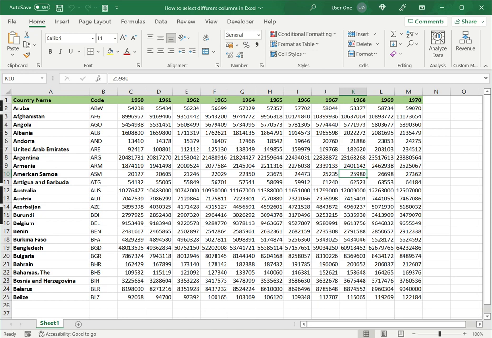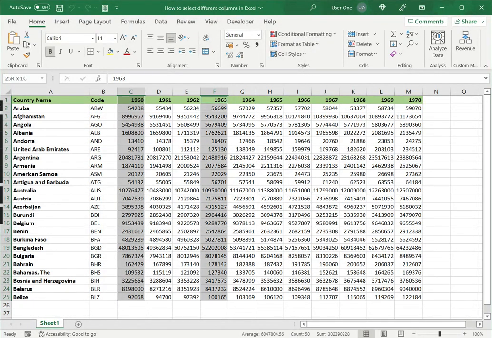The second way of doing this is to select only the data within the column. So to do that, I place the cursor at the head of the column, press Control Shift and Down arrow. So that selects only the data in the column. And now if I want to select a different column, I keep the Control key held down, go to the next column, again place the cursor at the top cell, and I'm still holding down the Control key, press Shift